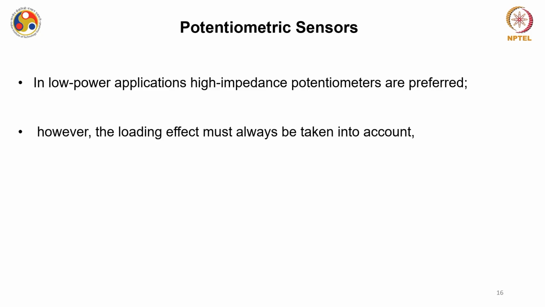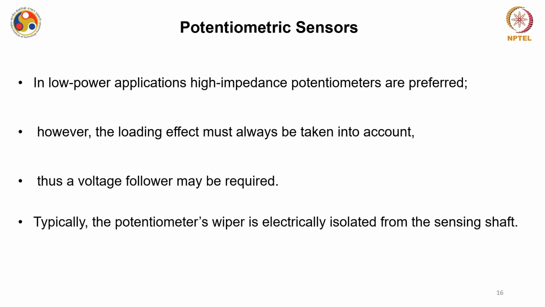However, the loading effect must always be taken into account, and the loading effect comes from the interface circuit that we have just talked about. So, mostly you will require a voltage follower circuit for this. Typically the potentiometer's wiper is electrically isolated from the sensing shaft to avoid any kind of external loading. So, this is a basic potentiometer sensor,